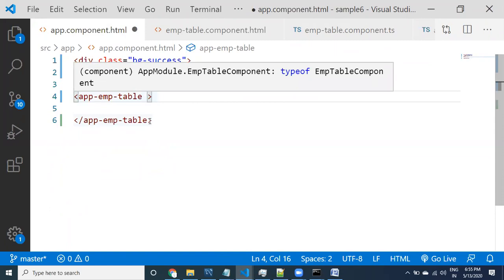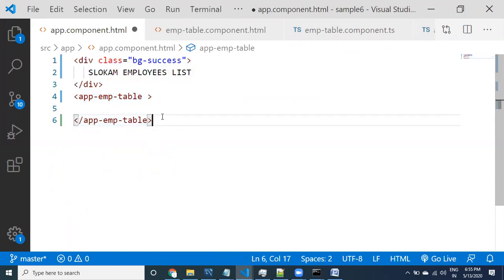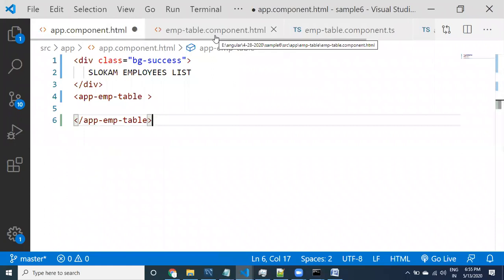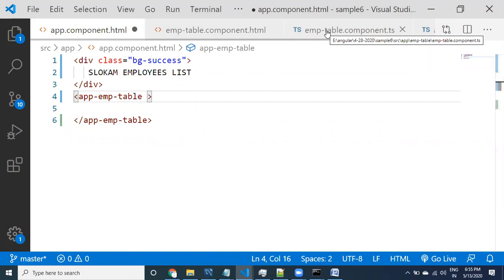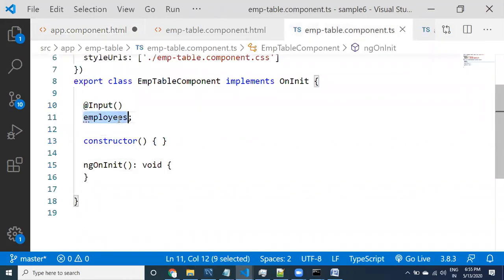You can pass employees, because now employees are available in the app component. From the app component, I would like to pass data to the employee table. To pass data from app component to employee table, there is a mechanism called input. This input property is employees.